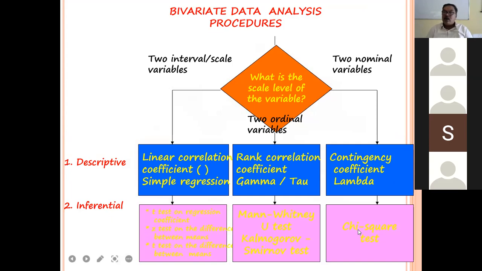Because here we have two nominal variables. When you have two nominal variables, you can do both. You can do the goodness of fit test, and you can also use the association test or the independence test. Whether the opinions depend upon the gender. Does the opinion differ because of the gender or not? Those are the kinds of questions that we can raise.